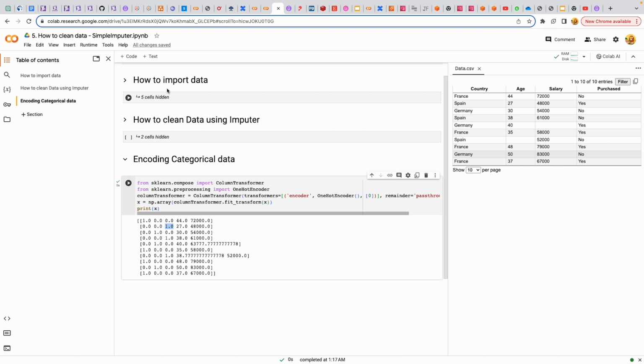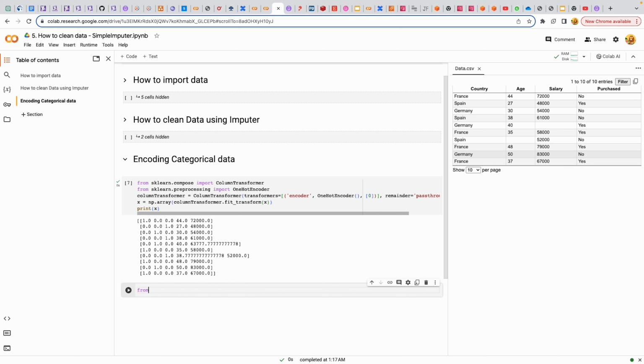Now let's take a look at how to do label encoding. And we do label encoding in scenarios where we have only 2 possible categories, which we have right now in our dependent variable. Either we have yes or no. So for this scenario, we will do the label encoding. So to start with label encoding,